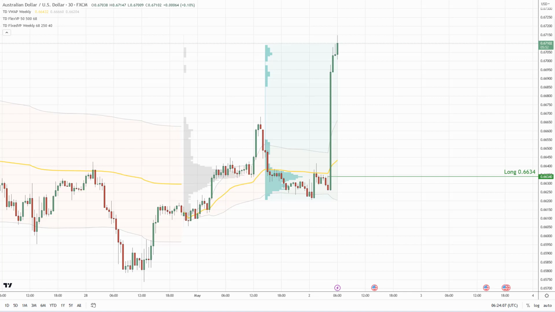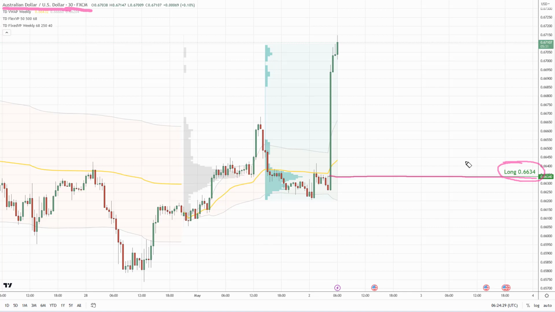Today I'll talk about Australian dollar, US dollar. So what you see before you is a 30-minute chart of the Australian dollar, US dollar. I'm using the TradingView platform with my custom-made volume profile and VWAP indicators. And what I want to talk about is this newly formed support at